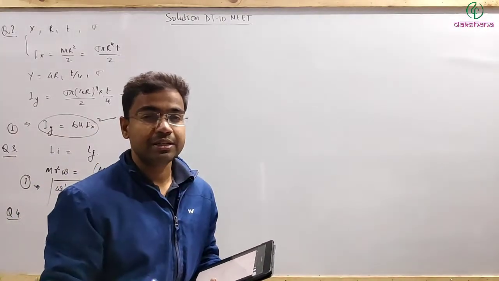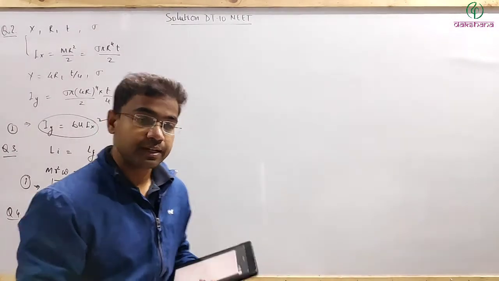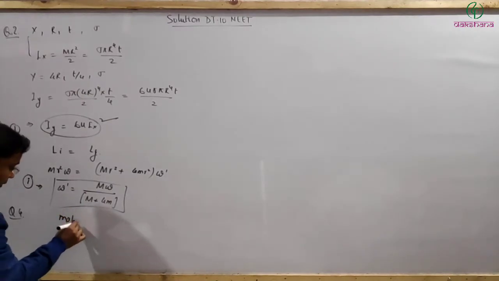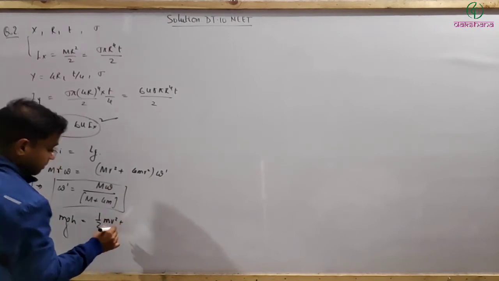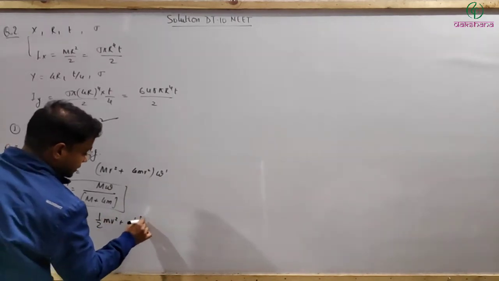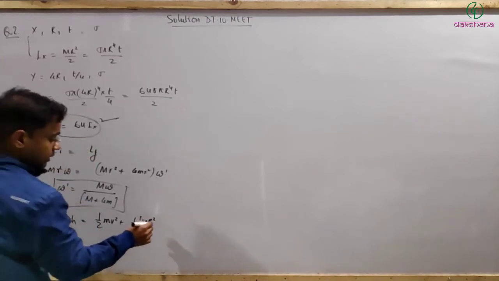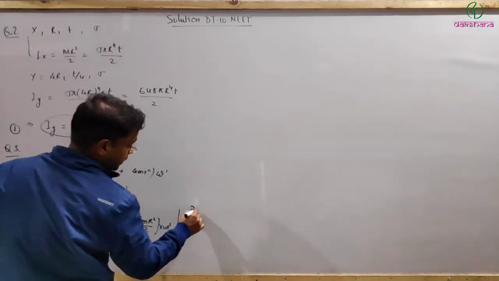The decrease in potential energy will be getting converted into rotational kinetic energy plus translational kinetic energy. So the decrease in potential energy, which is mgh, will be equal to half m v square plus half I omega square, where I is equal to m r square by 2. And for pure rolling,